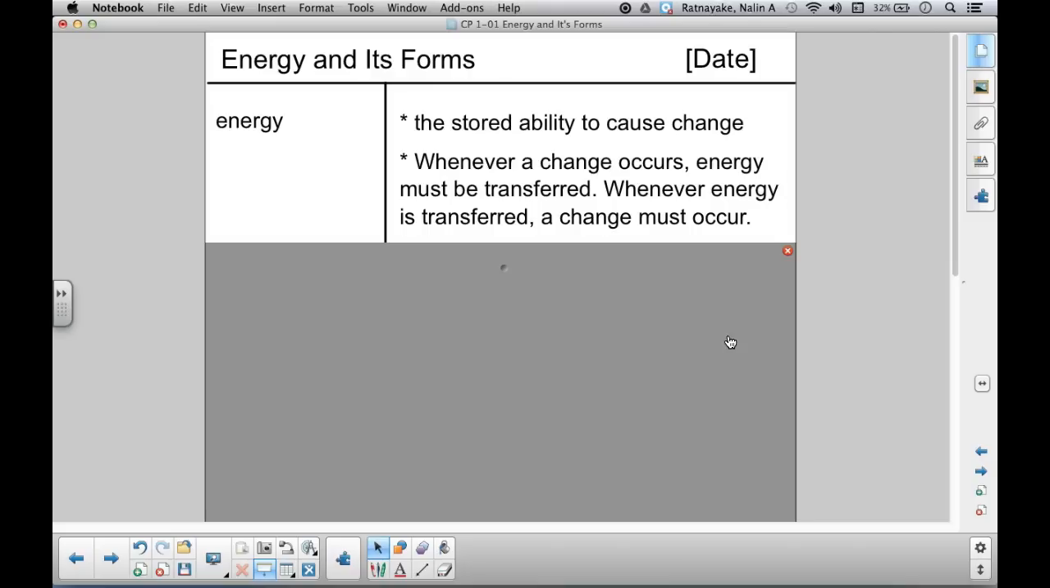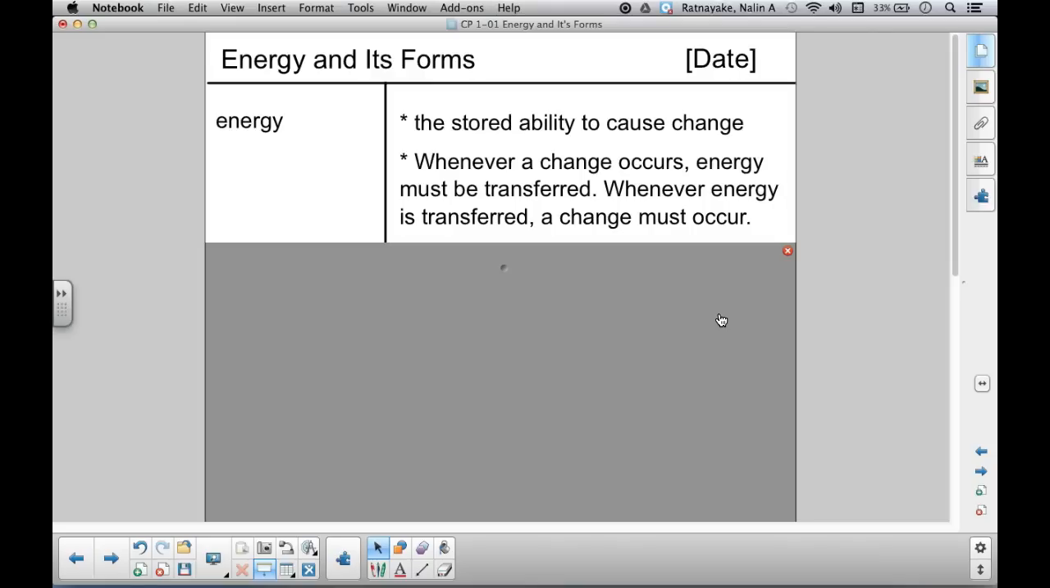I'm going to make two statements that are going to be true for the scope of this class. Whenever a change occurs, energy must be transferred. Let's think about an example. When I push a chair, a change is occurring. The chair is getting pushed off to the side. I had to transfer energy to that chair. I had to push it. Energy went from me to the chair. So there's a change that happened there, a physical change that we could observe, and energy had to be transferred